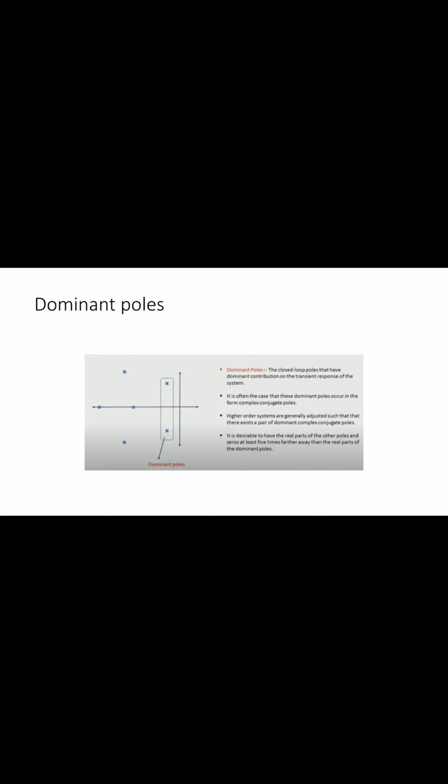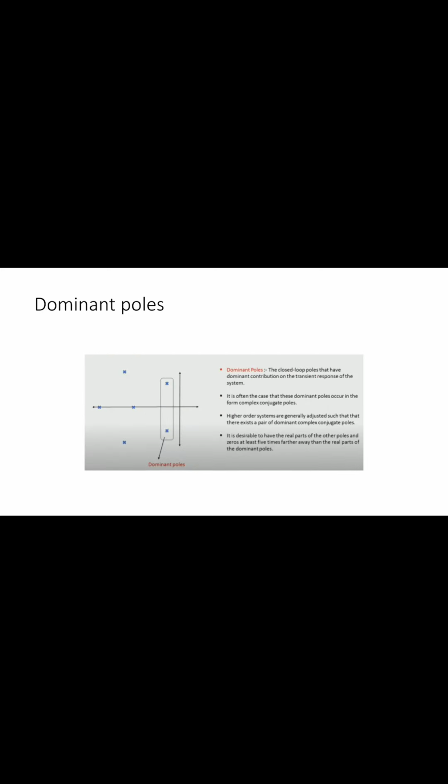Again, see for the next two graphs. As we are moving away from the imaginary axis, we can say that there is no significant contribution of the pole, and your original response and the response with the addition of the pole are remaining the same. So here in this case, you should remember that after adding a pole, our system response is getting slower and we are having an undershoot. That is, your original response is having a less amplitude as compared to your previous response.